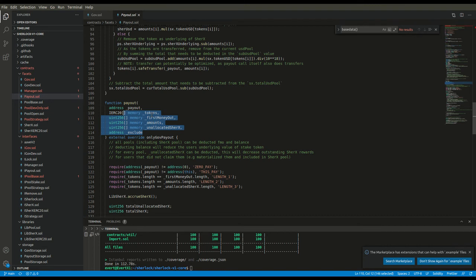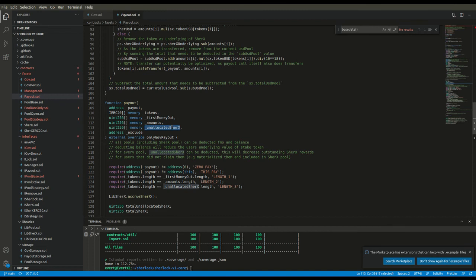An array of tokens which represent the staking pools can be passed here, and from the token the amount that needs to be transferred from the first money out pool, from the staking balance, and from the